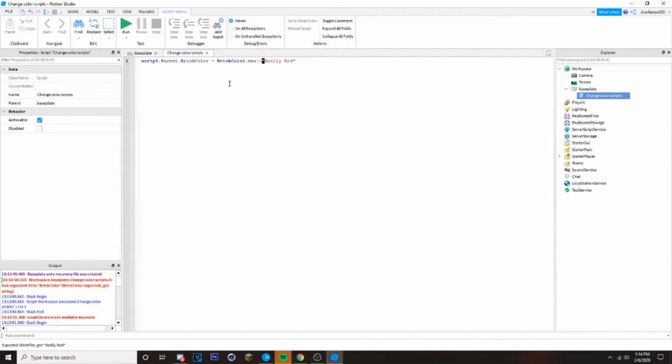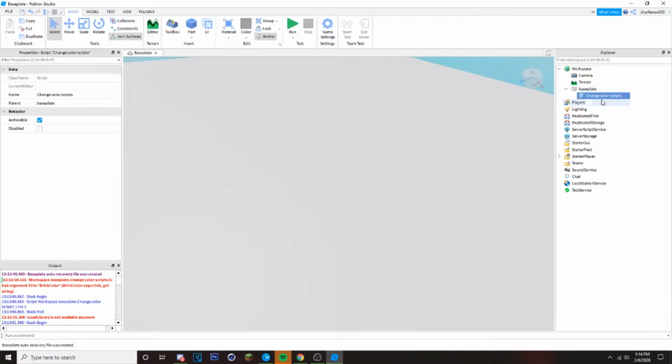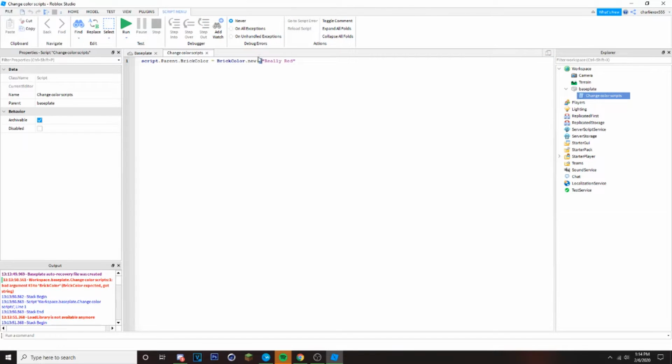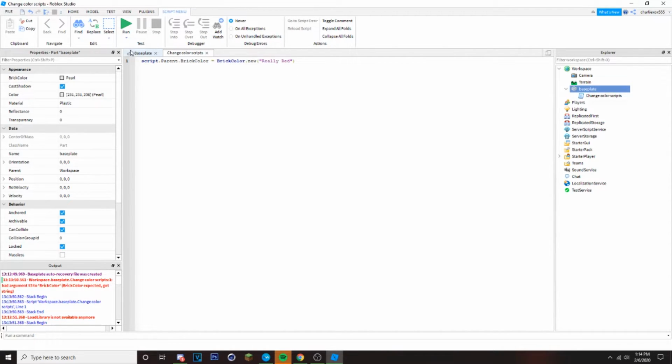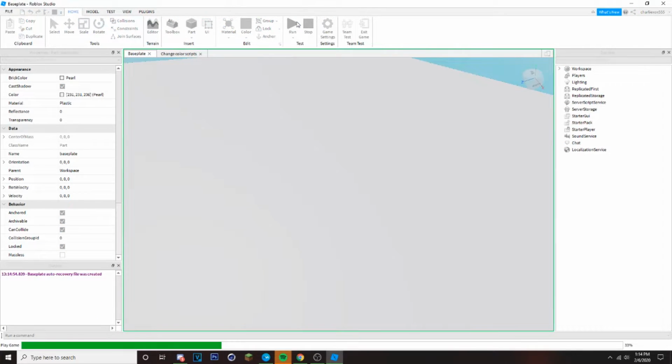And then you're going to put this in parentheses. I accidentally closed that. Do that, and then go to the end of this and do this. I'm just so used to Color3 that I'm not really used to this. But as you can see, what this script is saying is script.Parent.BrickColor is equal to BrickColor.new. It's making a new brick color, Really red. So if we run it,